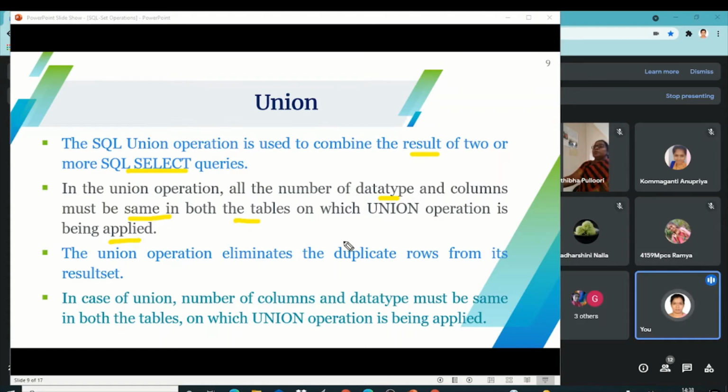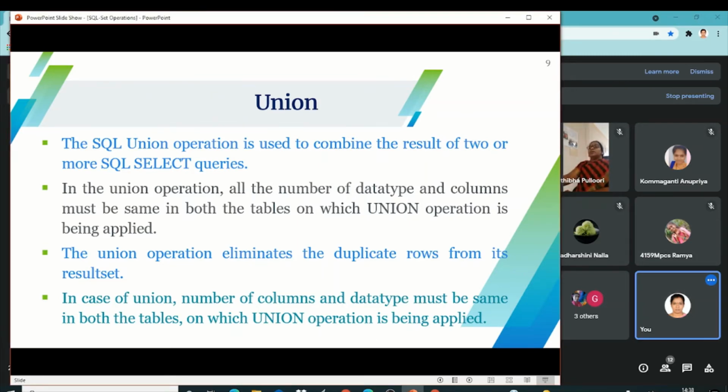The union eliminates duplicate rows from its result set: when it selects from those two tables, it eliminates the duplicate values. The number of columns and data types must be the same in both tables, and then only can we apply the union operation.